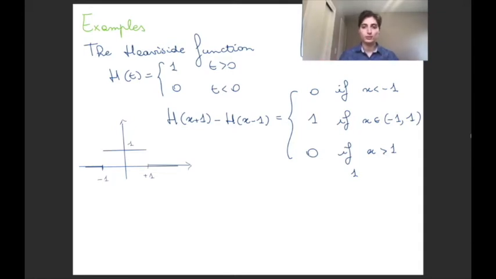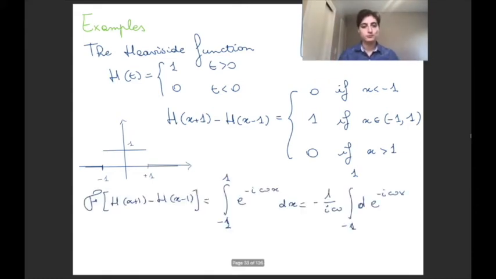So we're looking at a function that is 0 for absolute value of x bigger than 1, so under minus 1 and over plus 1, and 1 between minus 1 and plus 1. Then we want to do the Fourier transform of this step function, a function that is non-zero just between minus 1 and 1. So obviously the infinite integral rescales to an integral between minus 1